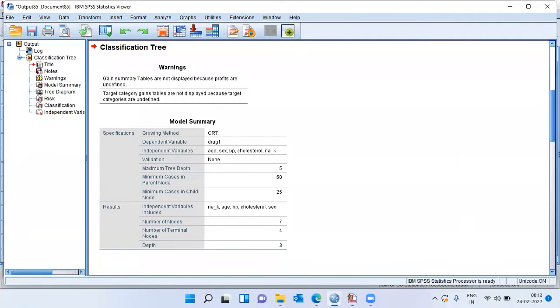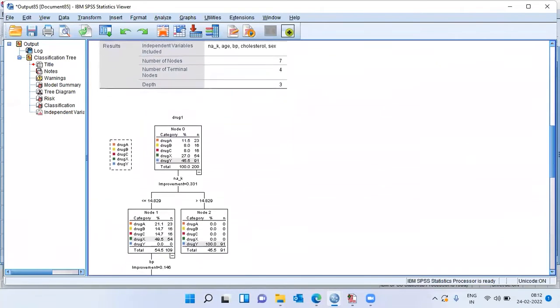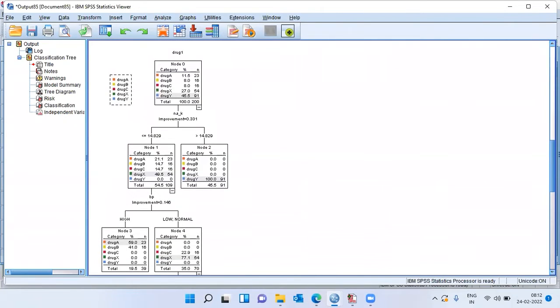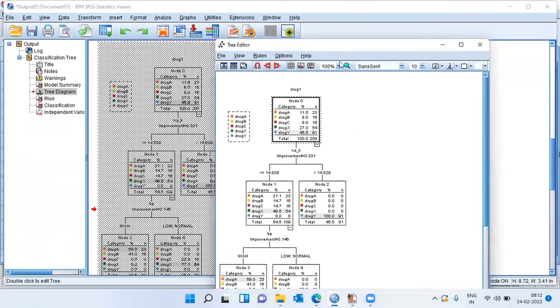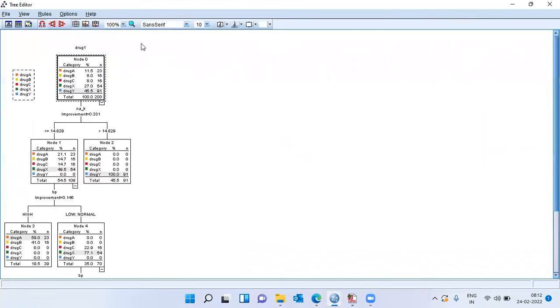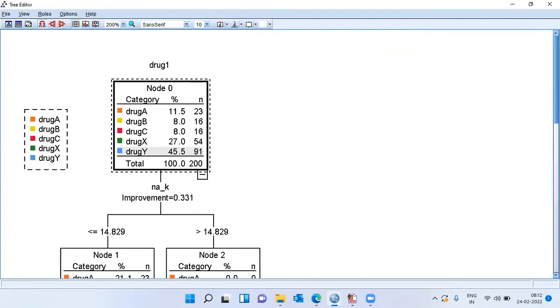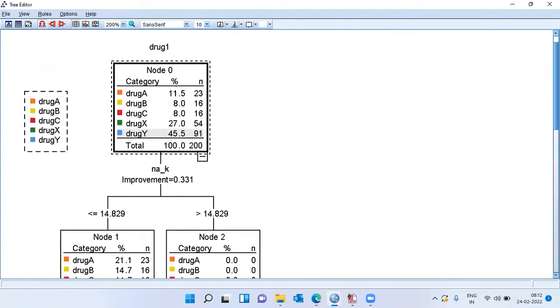In just a few seconds, the SPSS output window pops up, and you can see the decision tree here. For better visibility, let me double click on the decision tree. Let me zoom this in so that we can see what the decision tree looks like. So the top box here is what is called the parent node, and it is giving me the